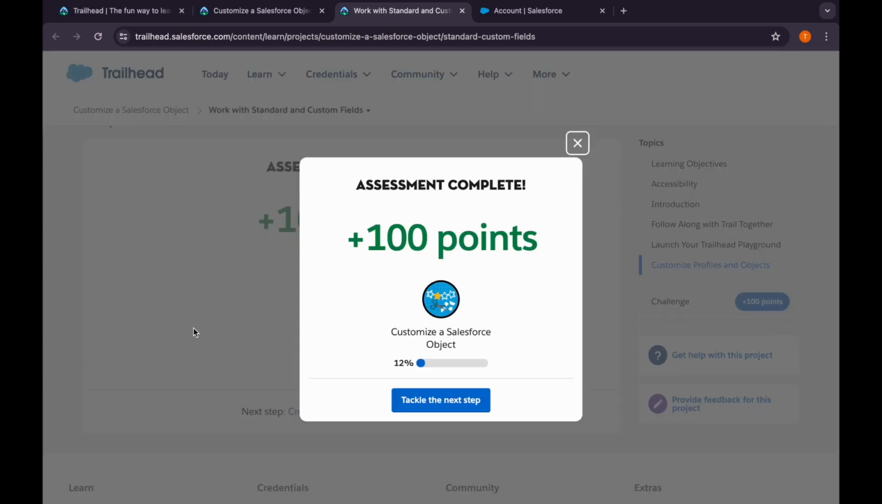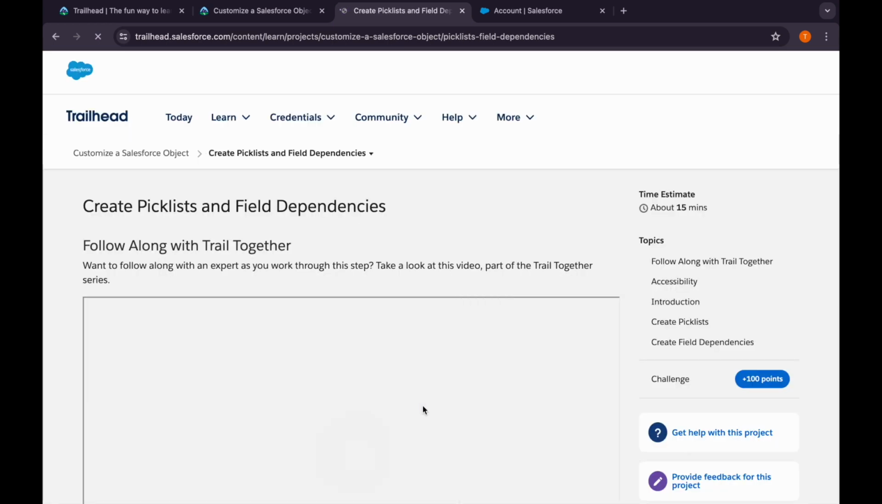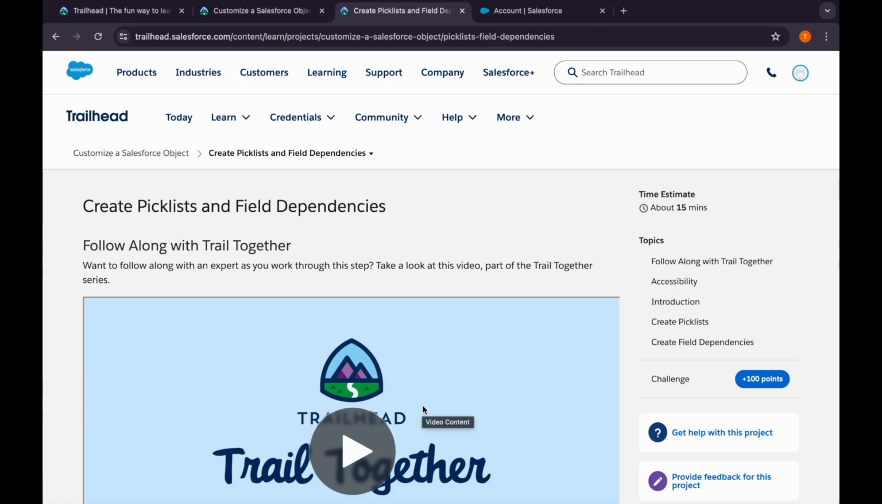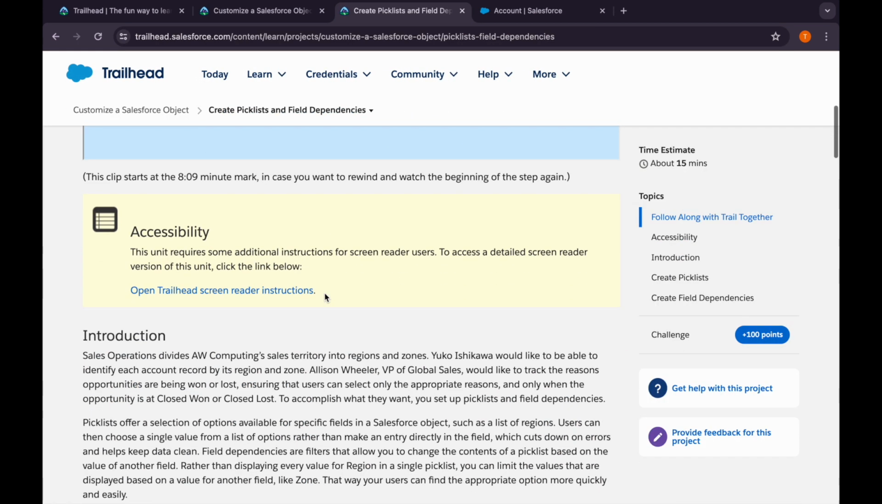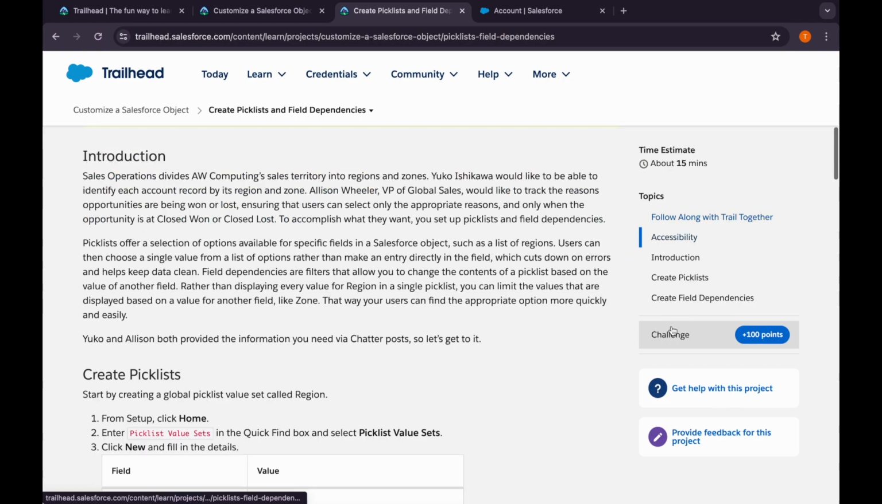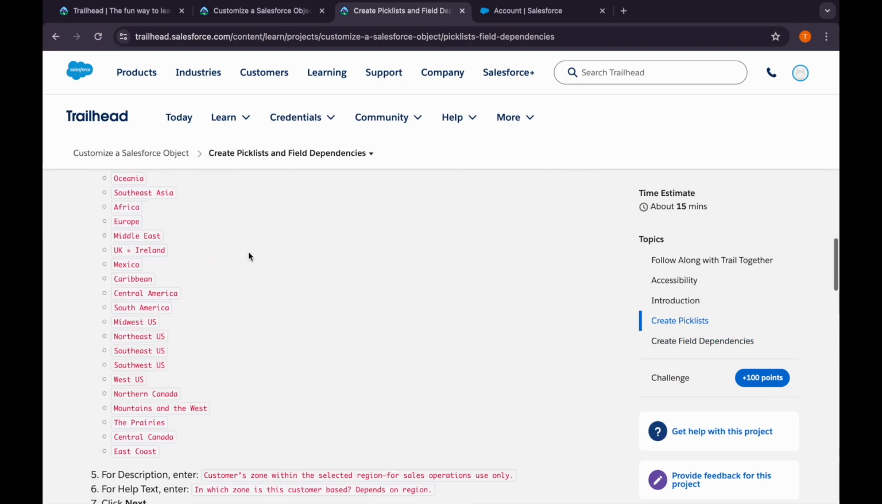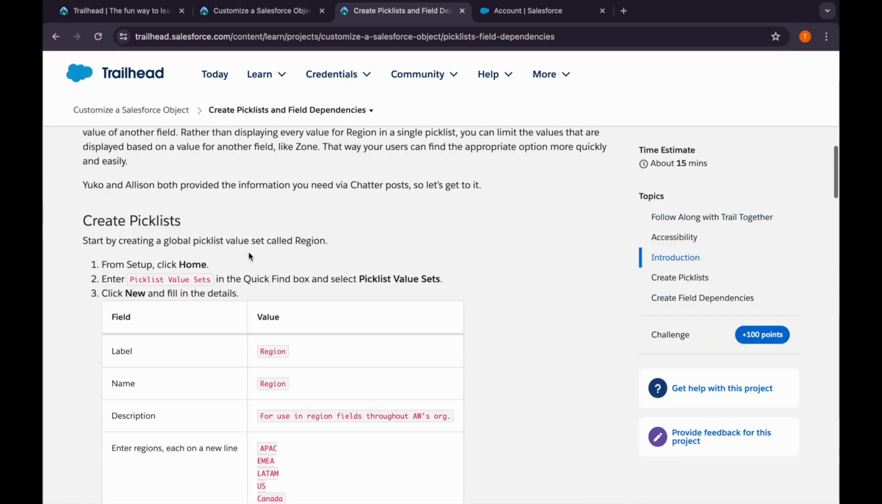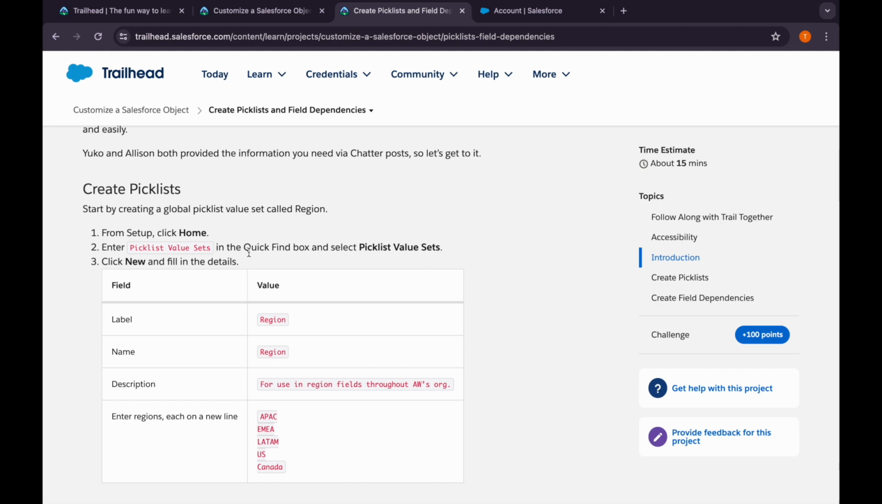So that's how we have completed our first challenge. Let's move on to the next. Next is create pick list and field dependency. So first let's check challenge. We need to redo all the things mentioned in the unit. Okay, so first what we are doing, that